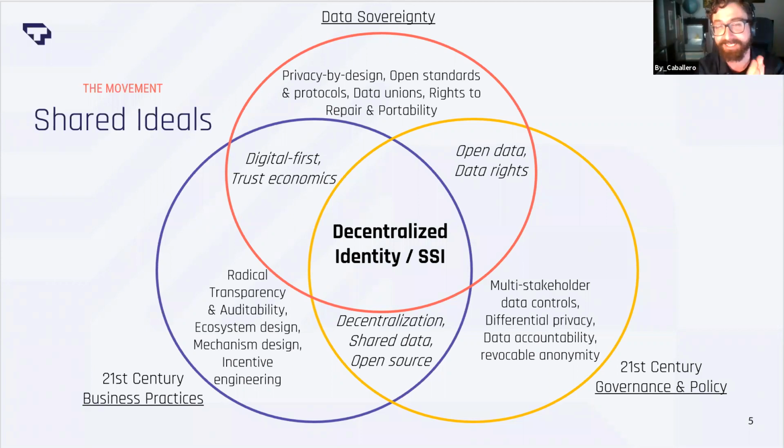So yeah, the yellow circle is a big one. And the red circle, I think, is often a little more individualistic, thinking about the rights of the individual vis-a-vis everyone else who touches their data. The right to repair movement is pretty strong. If you follow Cory Doctorow or those kind of thinkers, there's a lot of work on subverting the business models of IP and expanding the spectrum of licensure to include locked open source and that kind of thing. So data sovereignty